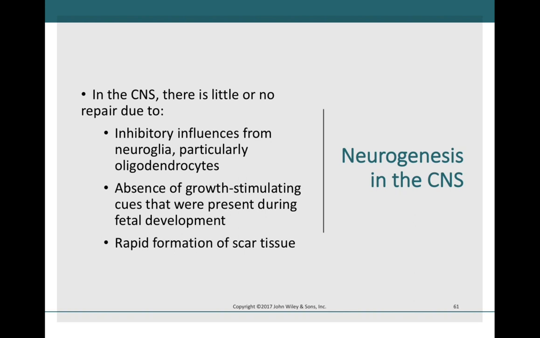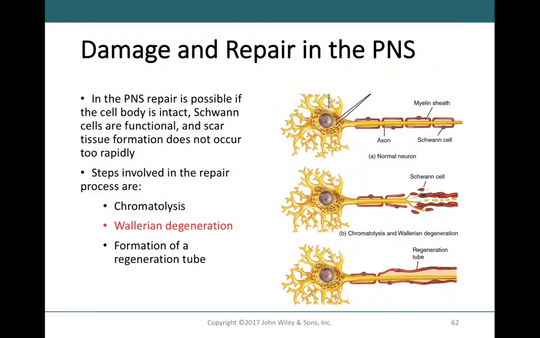However, as we grow, we do not have as many of these stimulating factors. So these are all reasons why neurogenesis does not occur frequently in the central nervous system. Now that being said, there is some indication that some repair does occur to the neurons in the peripheral nervous system. Now this will only occur if the circumstances are appropriate, and there's a few different steps in neuronal repair,